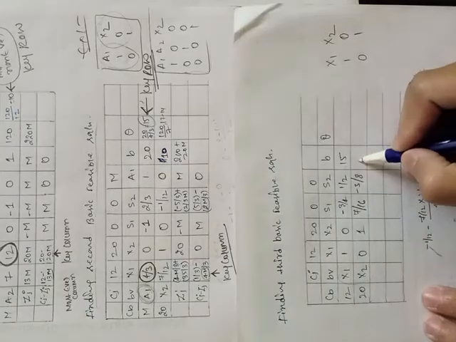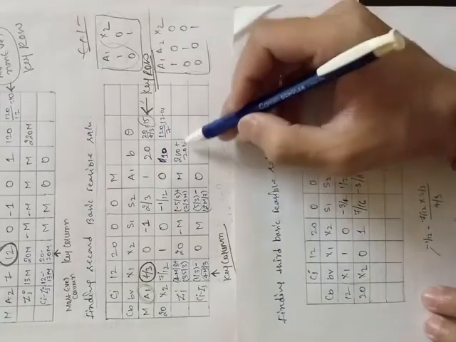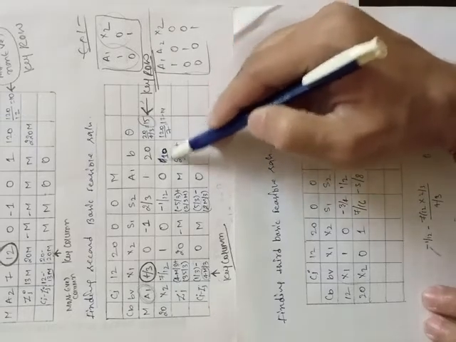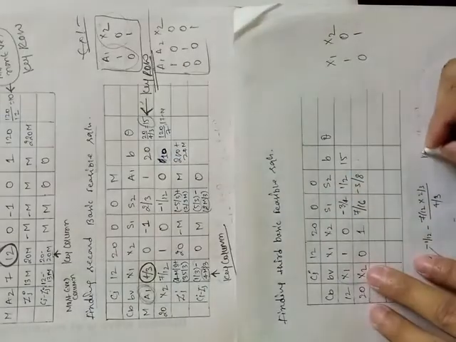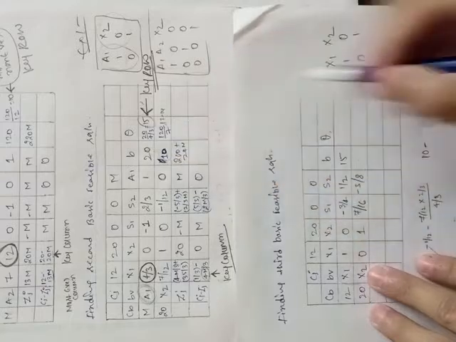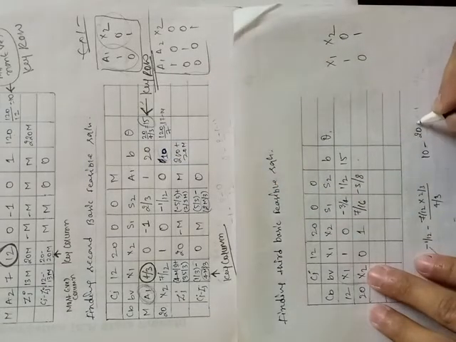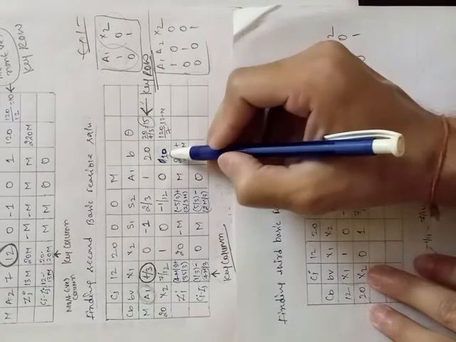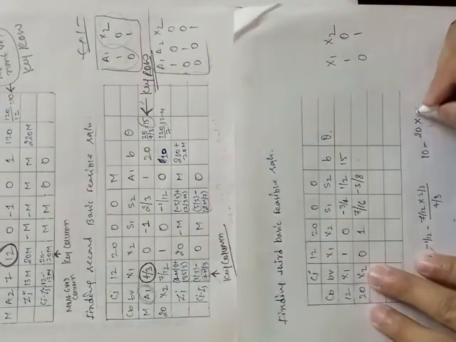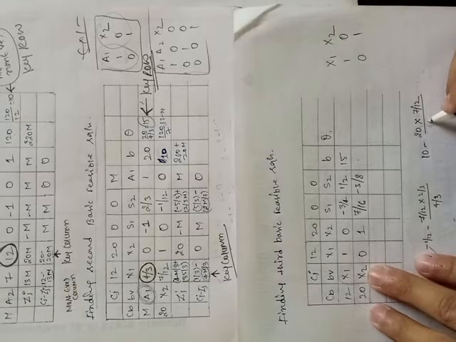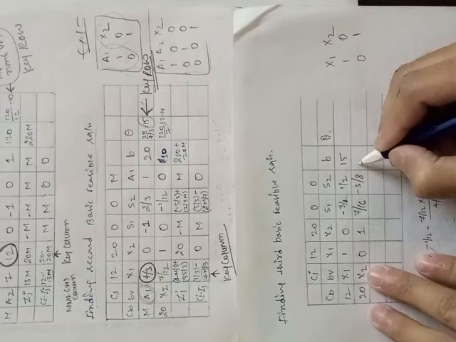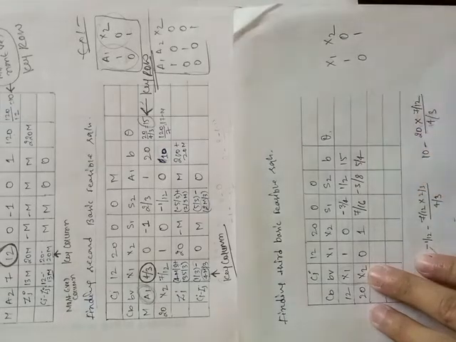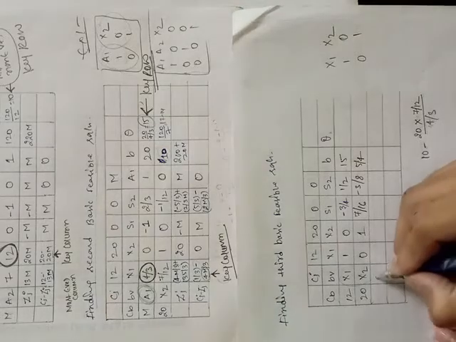And for the b, in the previous table the value is 10, so 10 minus corresponding key row value, that is 20 into corresponding key column value, that is 7 by 12 divided by key element, that is 4 by 3. So we got here 5 by 4. So now we need to find the Cj and